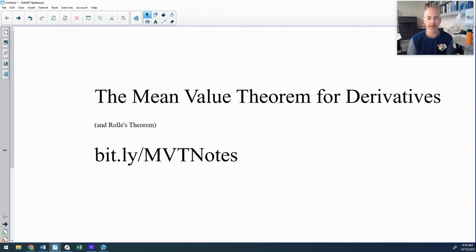Okay, let's talk about the mean value theorem for derivatives and also Rolle's theorem. And in a minute, you'll see why I made that so small, so itty bitty. Anyway, if you need this sheet to take notes, you can go to